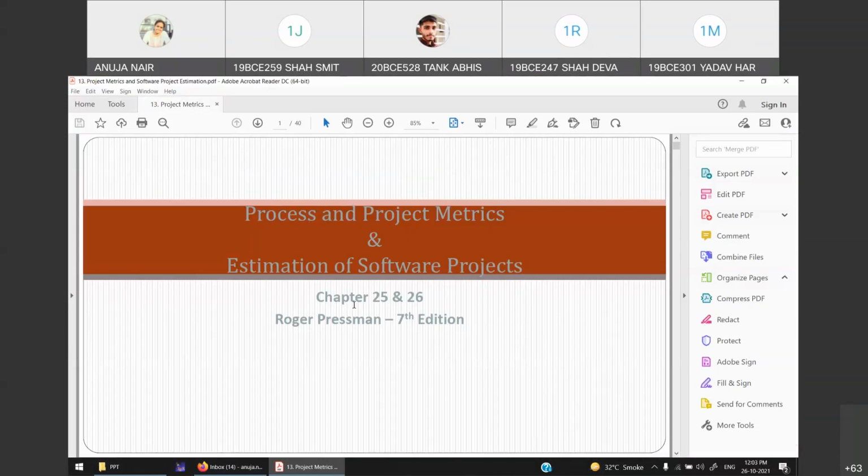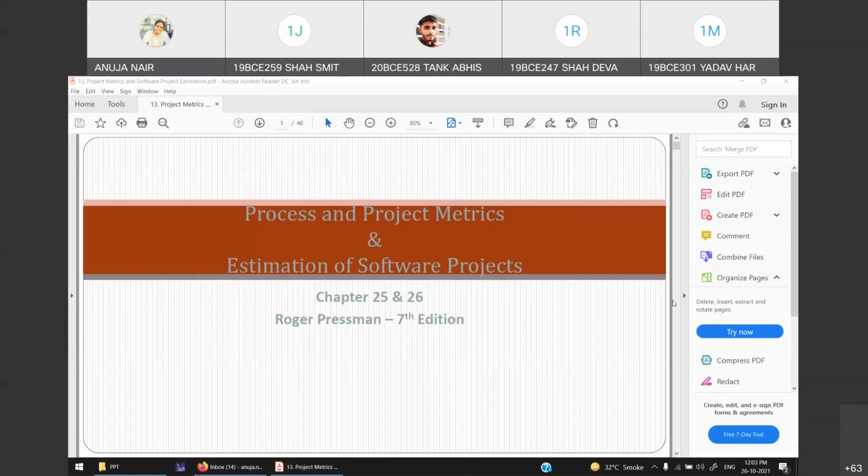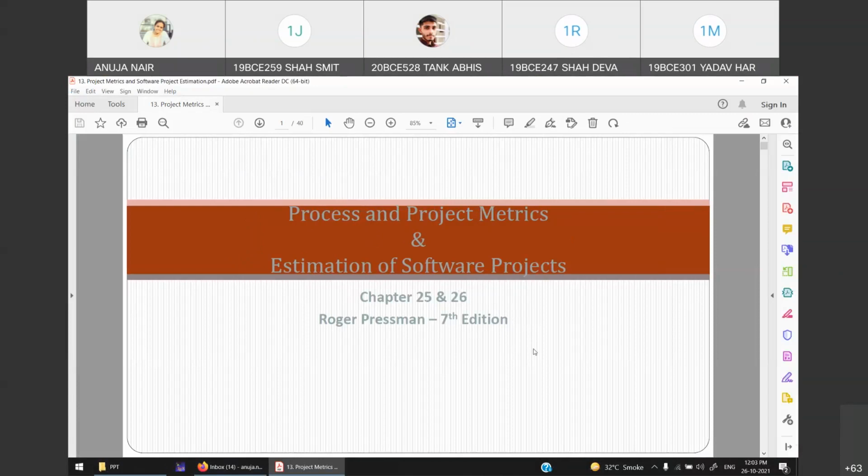Your next chapter is project metrics and estimation. This chapter has a lot of numericals. So next time, in the classes that I am scheduling, I will be completing this particular chapter, because it has all the numericals, no theory. I would finish this chapter so that your numerical part is over, and then the theory part will not take much time. Is it understood to all of you? So please don't skip any lecture that I'm scheduling in your free time, so that I can finish this.